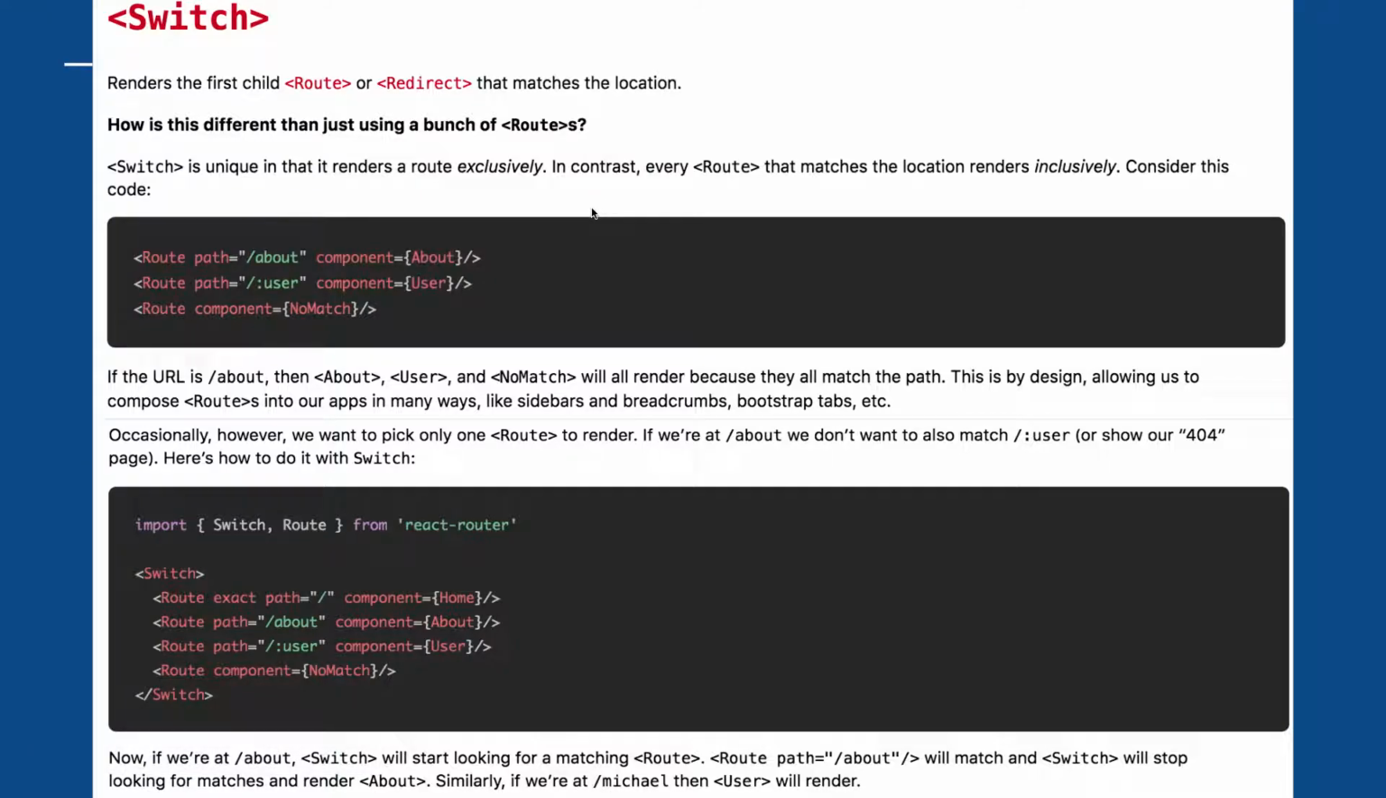Instead of just importing a route, you would also import Switch and Route, and wrap all of your routes in Switch. That's going to get rid of all of those problems where it tries to run all of those routes, as long as it fits within what was searched in your URL parameters. So now that we're at /about,